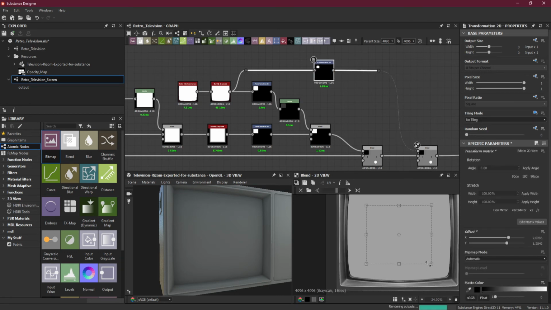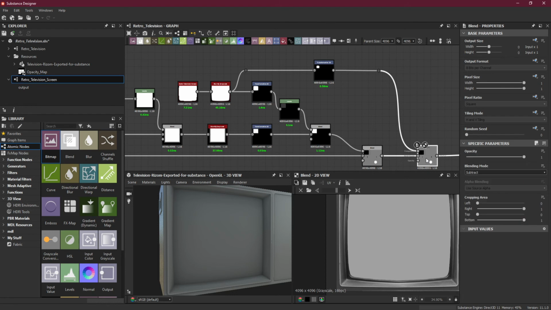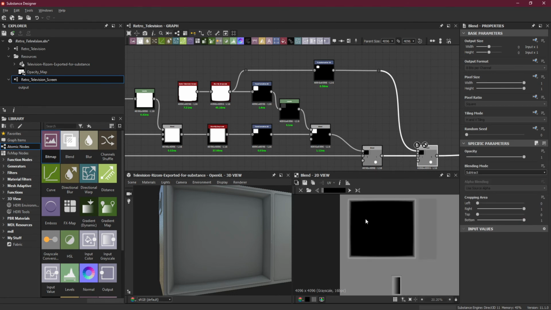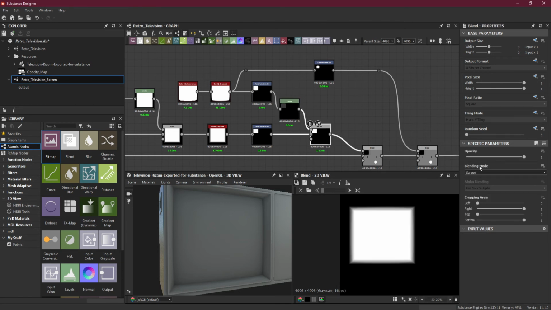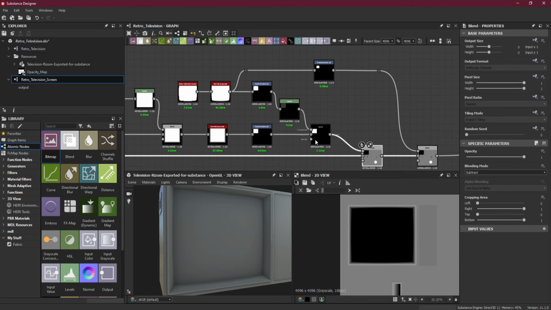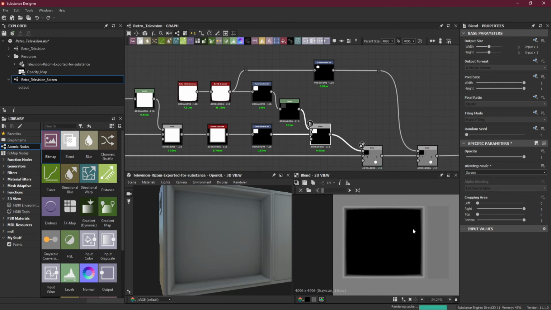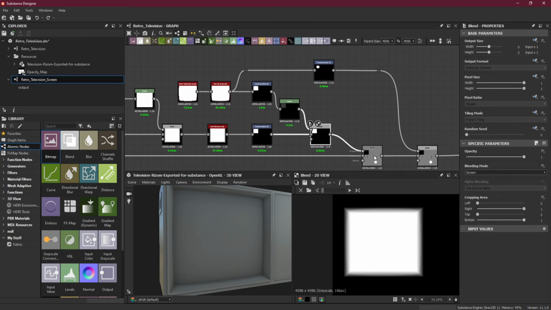Try. So instead of screen, let's try soft light. It's not making any difference. Let's go back there and change to subtract,